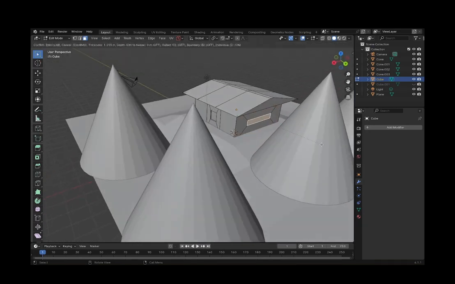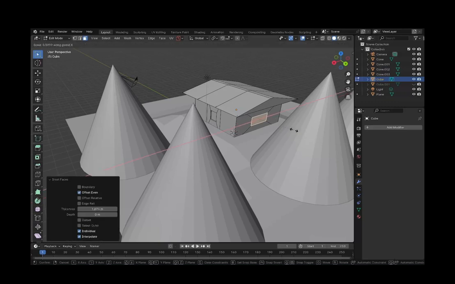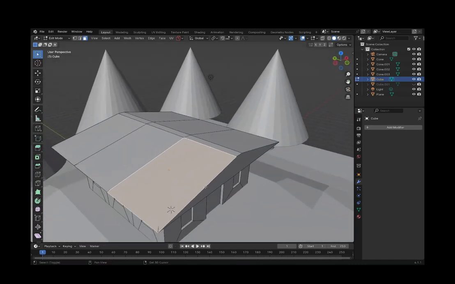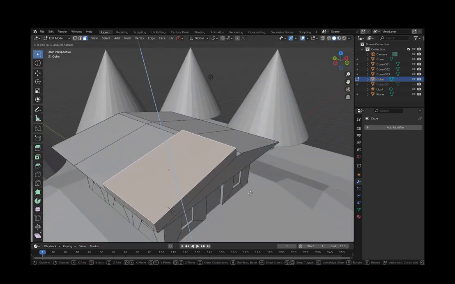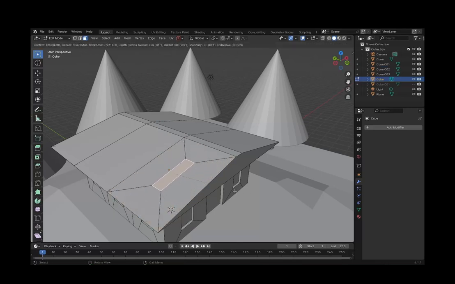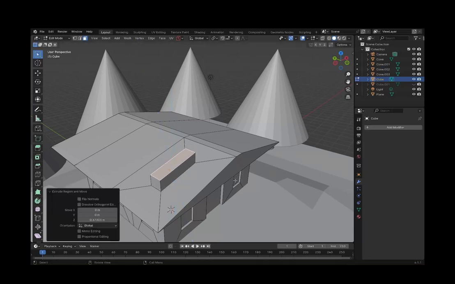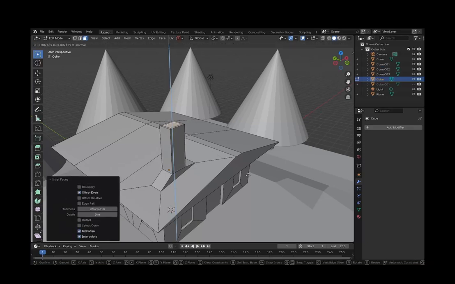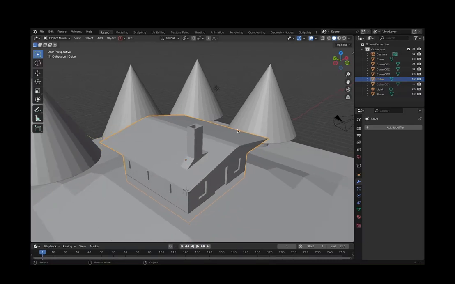And one window on the back. And we'll also use this to make a small chimney. Extrude this up on the Z axis. If you press S, Z, 0, that flattens it, and press E, Z, I, and then press E to hollow out the chimney.